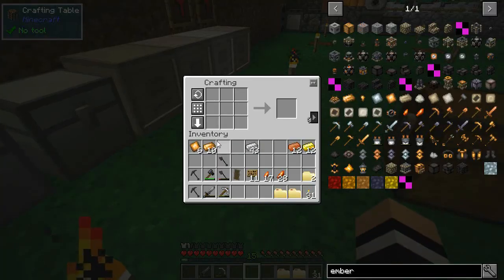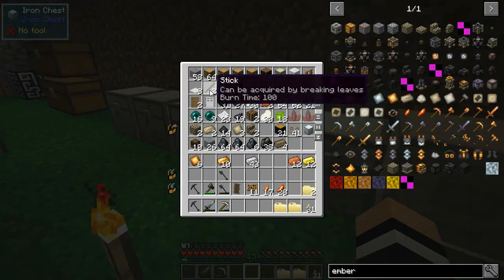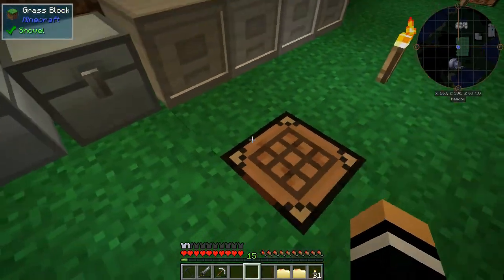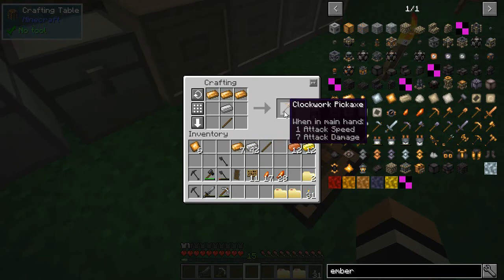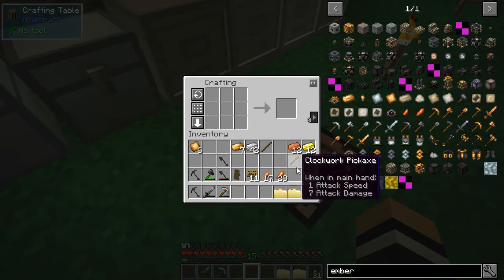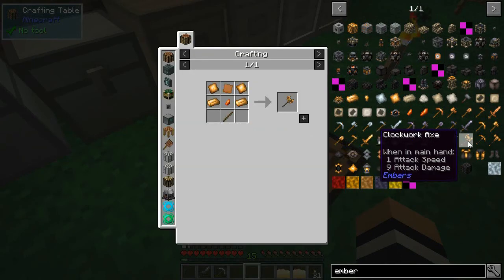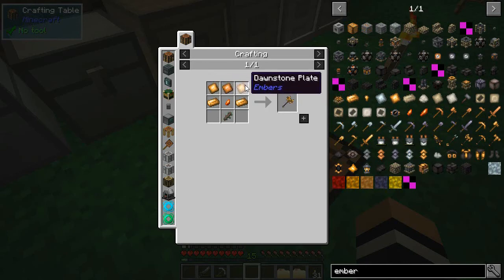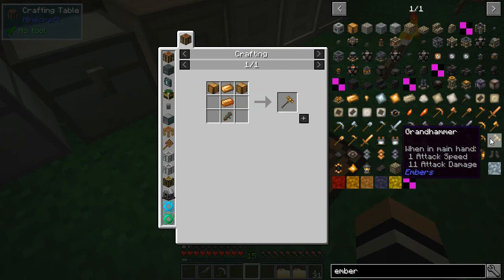Now the pick I think I can make already. Oh, typical. That one. So 1 stick, 1 iron, 3 dawnstone. Awesome, so we can get the Clockwork Pickaxe, that's pretty cool. We can also get the... Oh no, we can't get that. We're going to need a copper plate as well as dawnstone plates. We're going to need...